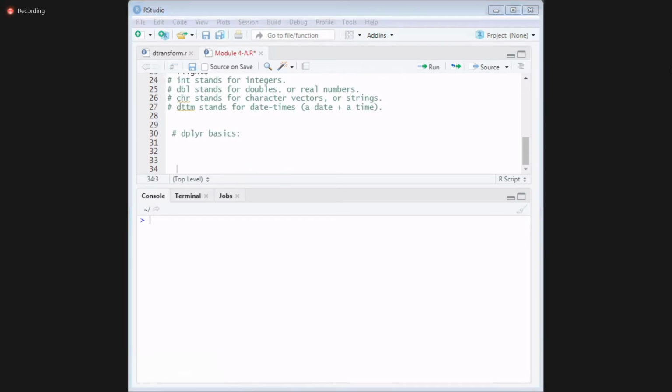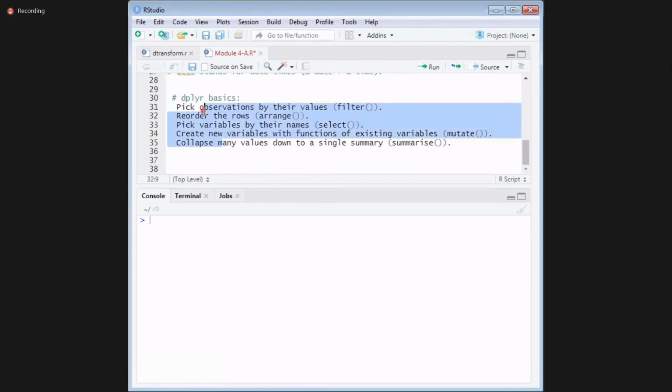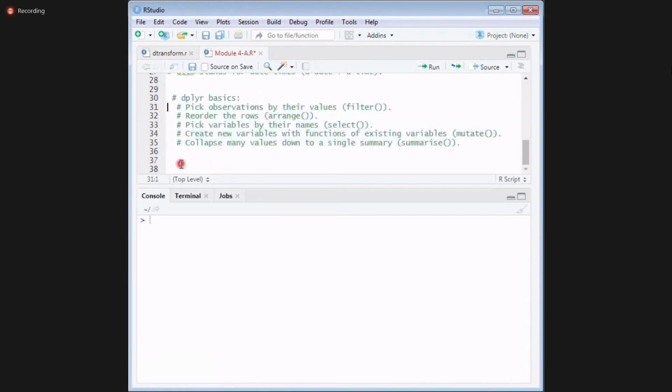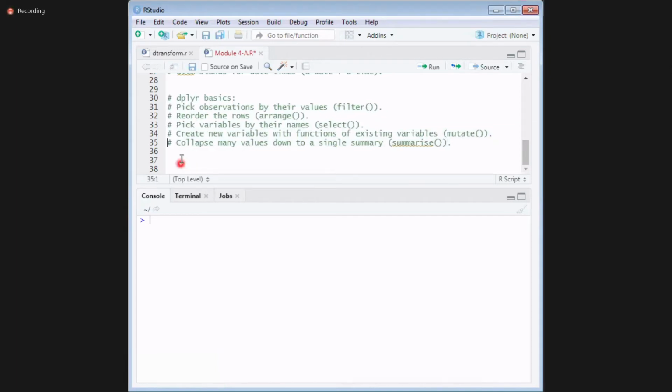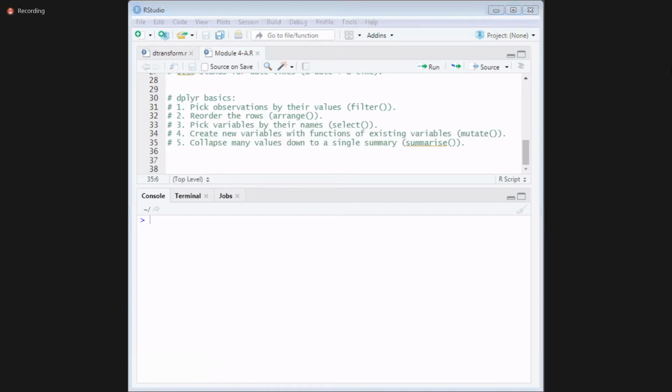We are learning about 5 simple, easy functions. If we learn all these five, then that means we are done with our part A of module 4.